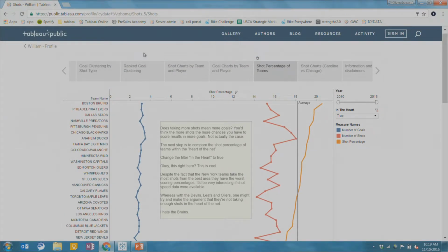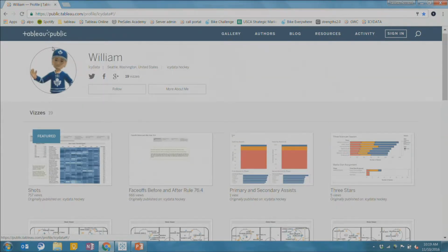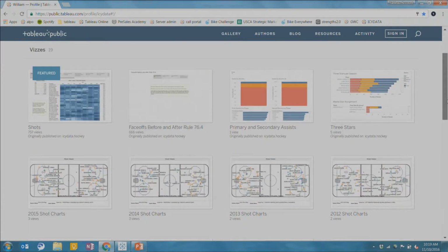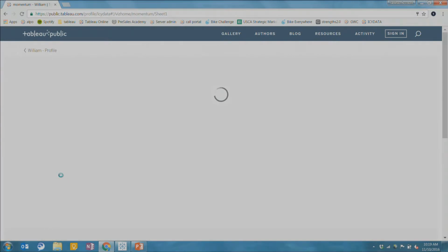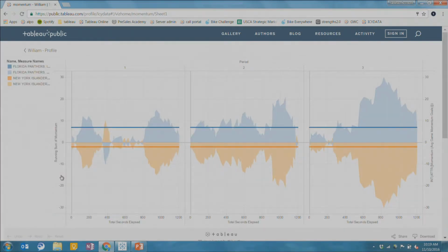I've got one more viz I want to show you, and this is part of my future aspirations for this project. I want to calculate and predict when a team is going to score. And I'm going to do this using a very wishy-washy term called momentum. And what's great about this is that it's affected by everything. The number of people in the game, the players on the ice, home versus away, whether the team is on a winning streak or a losing streak. It's probably an unattainable goal, but one I'm going to enjoy chasing anyway.